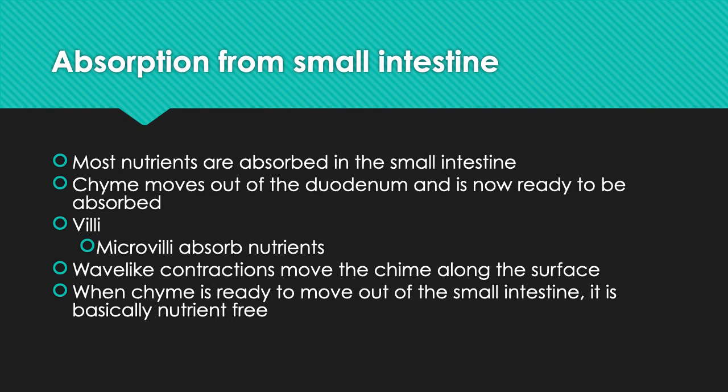How does it get absorbed? Well, there are these things called villi that have microvilli attached to them, and these microvilli are what absorb the nutrients. I've got a picture on the next slide that'll show you what these look like and hopefully clear that up a little bit. So wave-like contractions move the chyme along the surface. And when the chyme is ready to move out of the small intestine, it's basically nutrient-free. The microvilli located in the small intestine absorb pretty much all of the nutrients that we can get out of our food. Okay, so